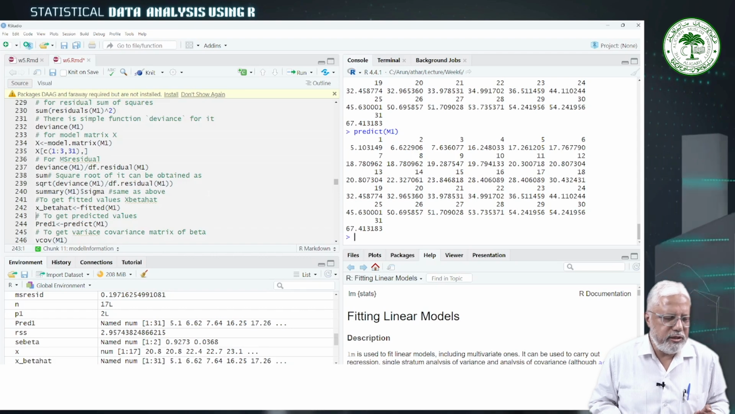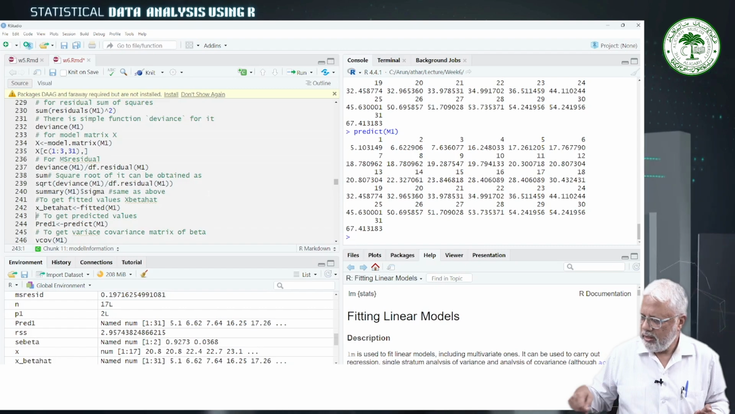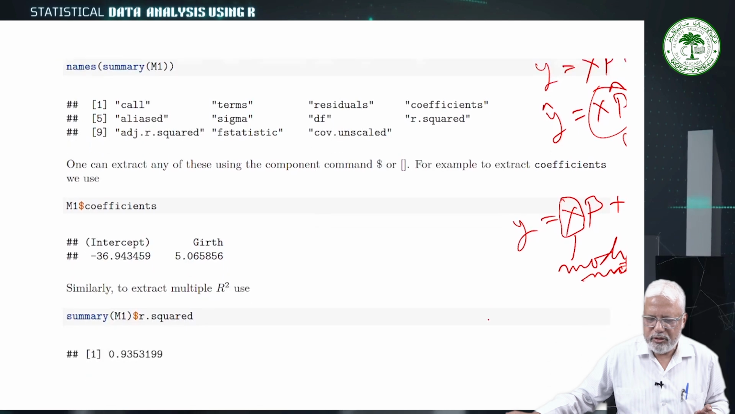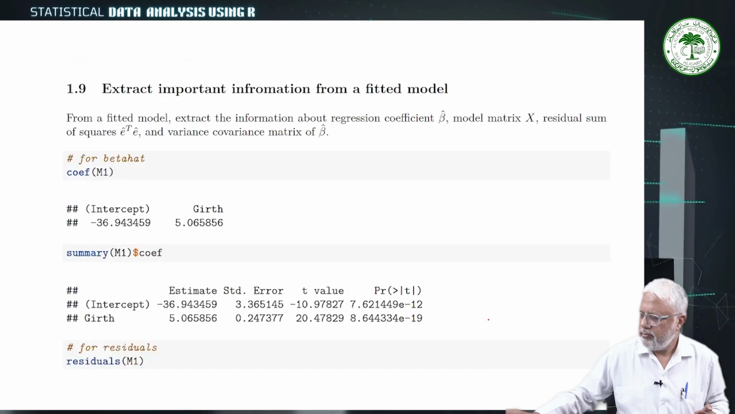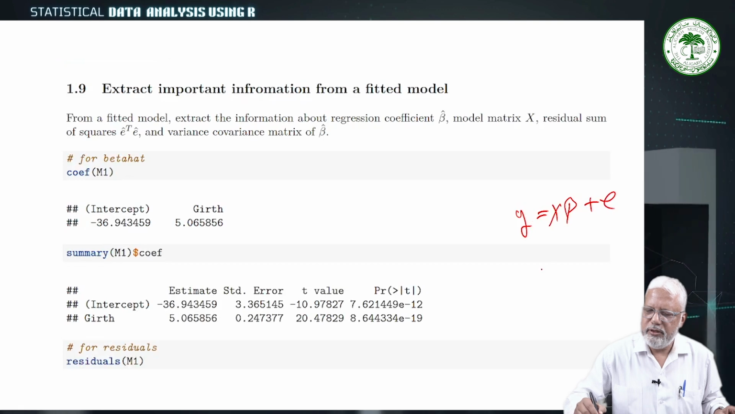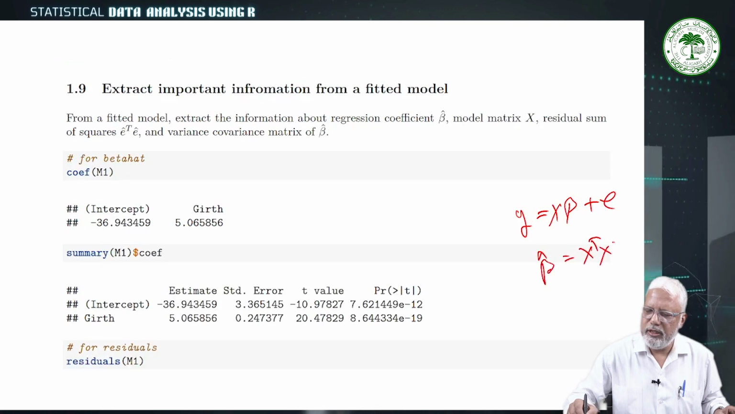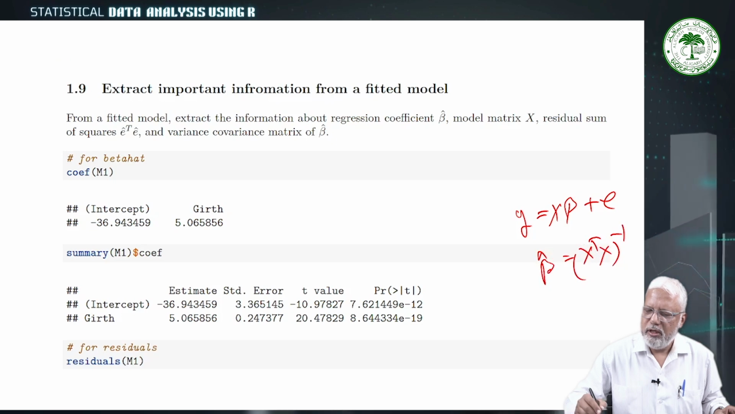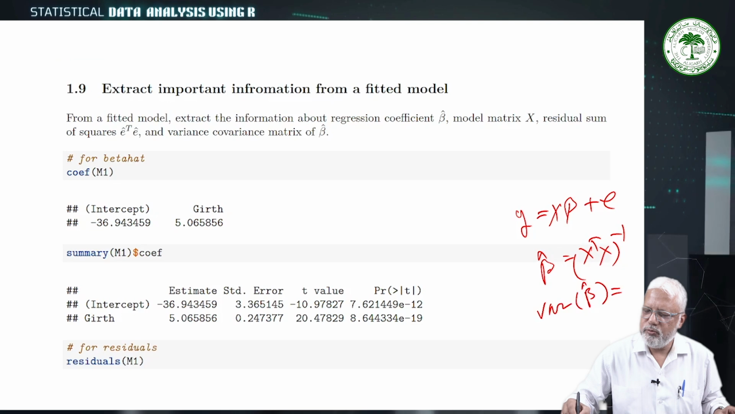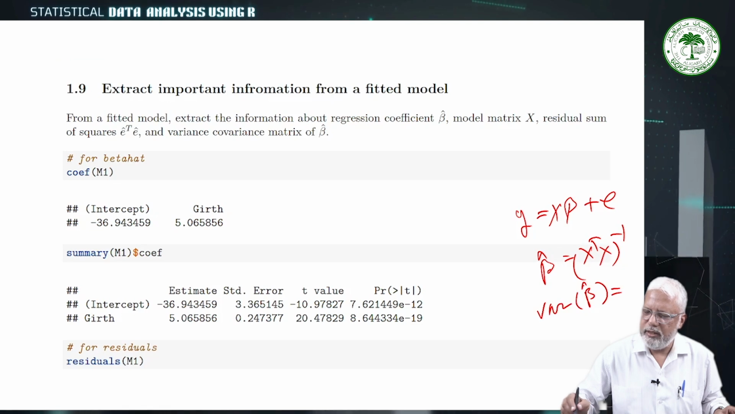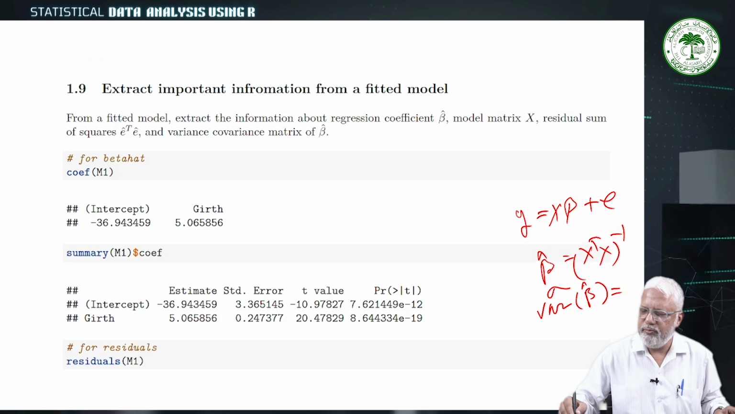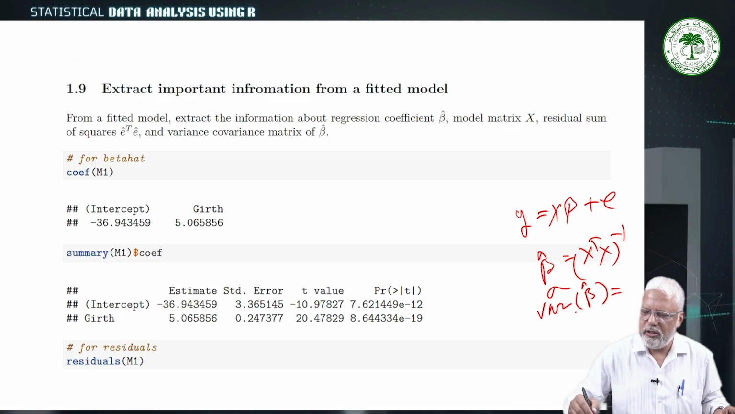Then the variance covariance matrix of beta hat. Actually, what is the variance covariance matrix? That I would like to explain. See, if we fit the model y is equal to x beta plus e, then beta hat is equal to x transpose x inverse into x transpose y. Now, what is the variance of beta hat? It is x transpose x inverse into sigma square, and if we put hat here, we have to put hat here. So this is known as the variance covariance matrix of beta hat, and this information can be extracted by using the function